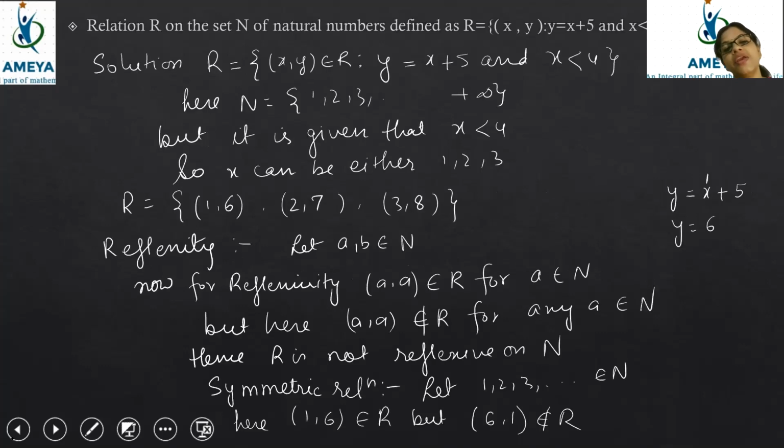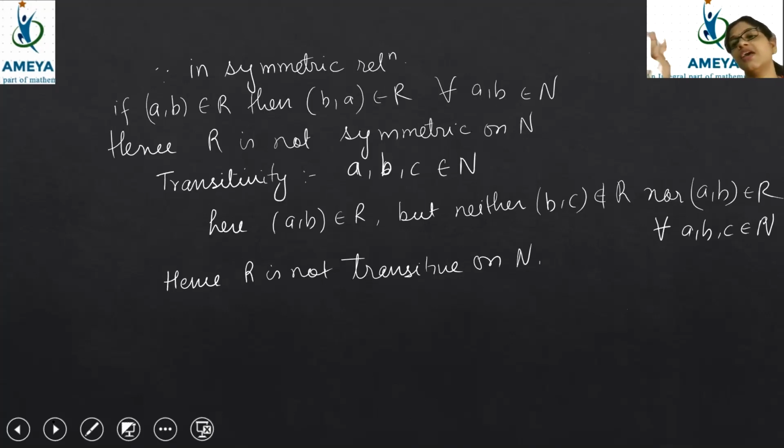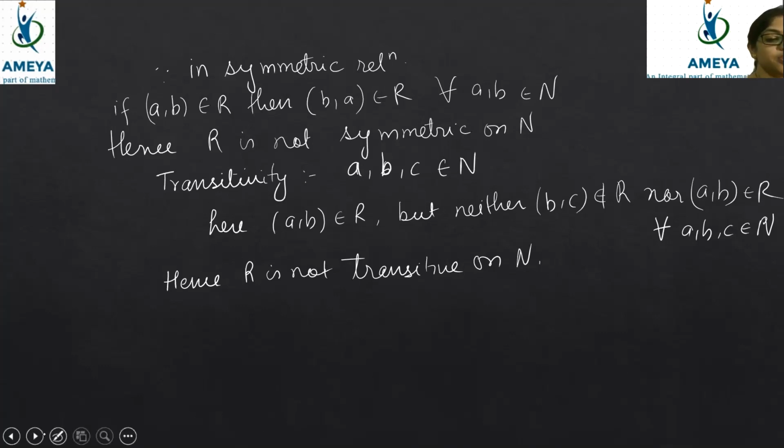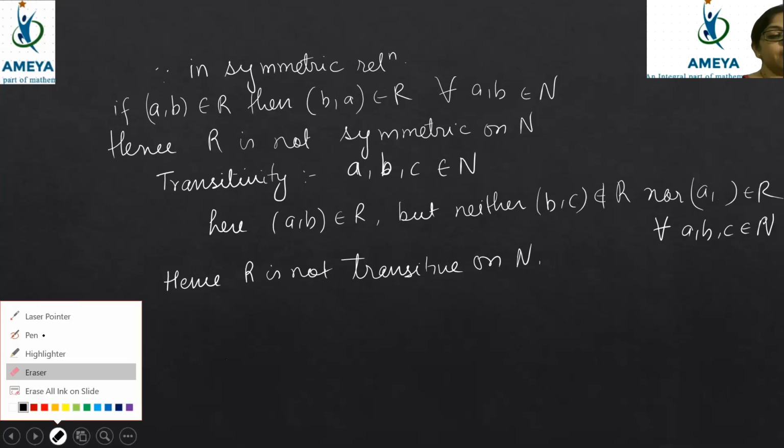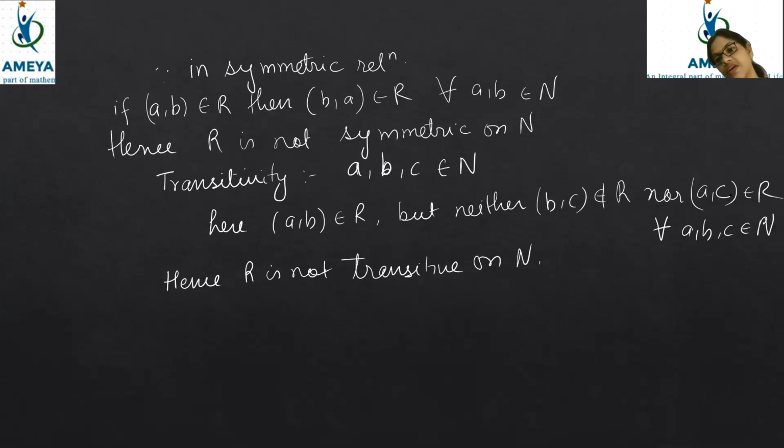So exactly what we have seen here is that all three are not satisfied. You see, in R the pairs (1, 1), (2, 2), (3, 3), (4, 4) are missing, so it is not reflexive. Then (1, 6) is there, but (6, 1) is not there. (2, 7) is there, but the opposite, (7, 2), is not there. (3, 8) is there, but the opposite, (8, 3), is not there. For transitivity, for (a, b) only one element is there, with b no connection is given, and (a, c) is also not present inside. Since (a, c) is not present, it will not be considered a transitive relation.